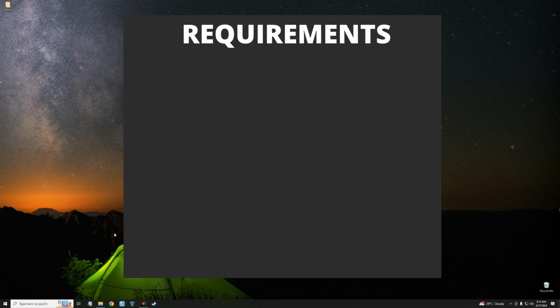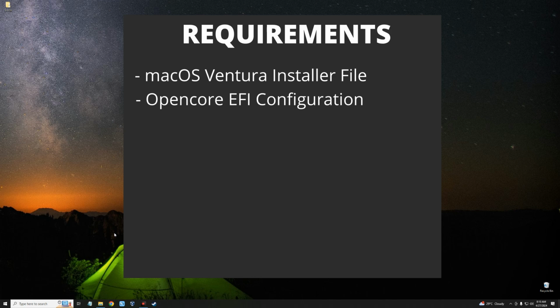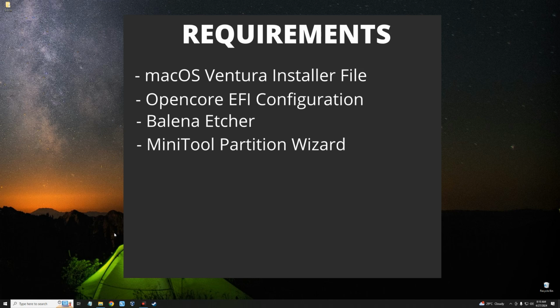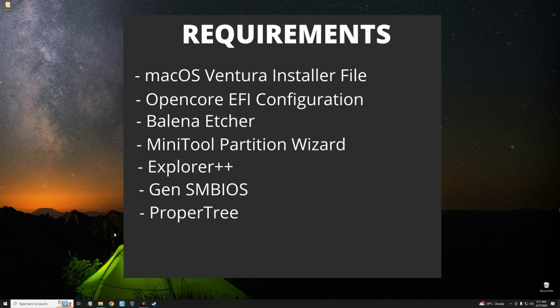Now here are the requirements. First, we need the macOS Ventura Image File. Second, we need the OpenCore EFI configuration file. Thirdly, we need Balena Etcher. We need MiniTool Partition Wizard. We need Explorer++. We need GenSMBIOS. We need ProperTree. And lastly, we need a 16 gig flash drive which we are going to use to create